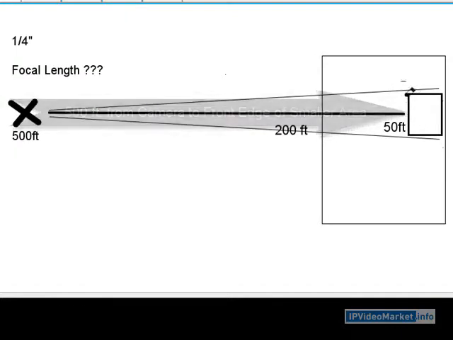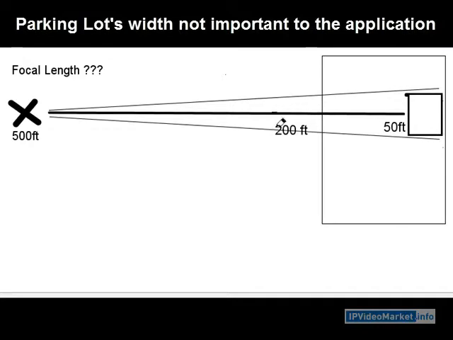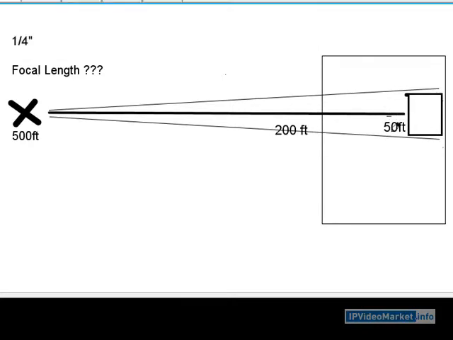It could be a security sensitive area or some other high value asset location. Now our parking lot itself is 200 feet wide here, but this dimension is not of interest. All we're concerned about is zooming in very tightly and grabbing the 50-foot horizontal field of view